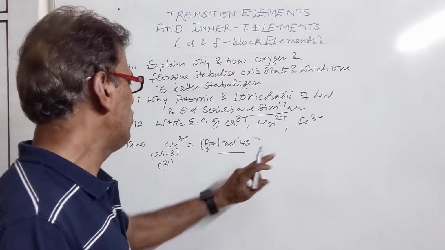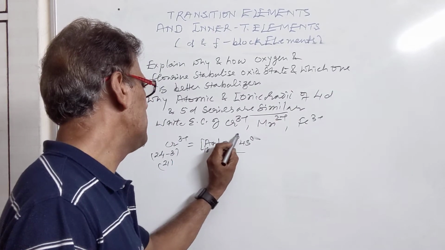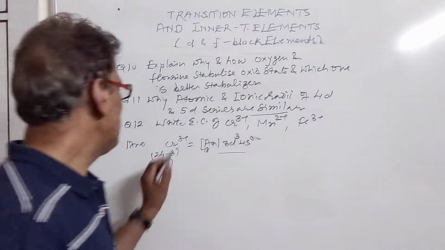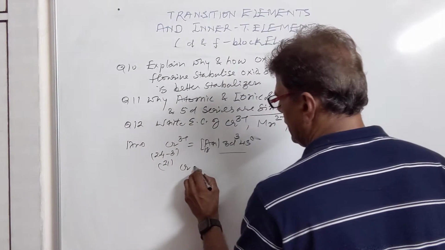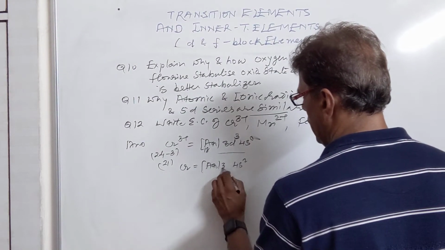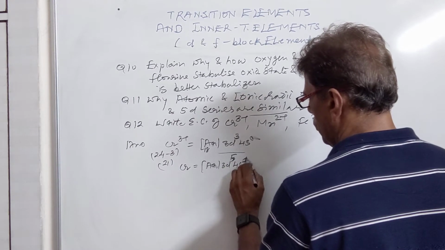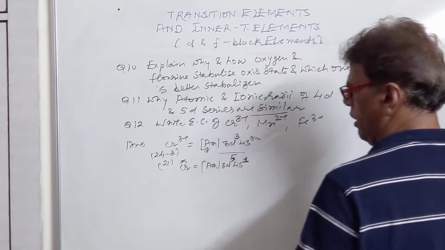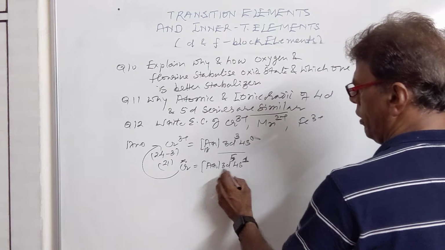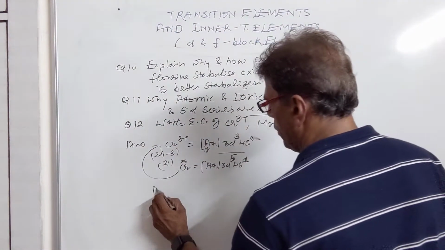These electrons are actually lost during the formation of the tri-positive ion, so all the electrons will be present in 3d, so it will be having 21 electrons. Initially it was having a configuration like this: Cr, argon core, then 3d5 4s1 was there, because of the symmetry factor there is such a configuration. When it forms Cr3+ ion, it will lose one electron from here, 2 from here, and it will get the 3d3 configuration.